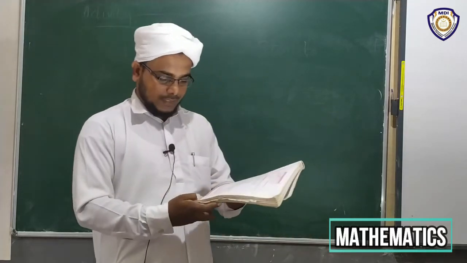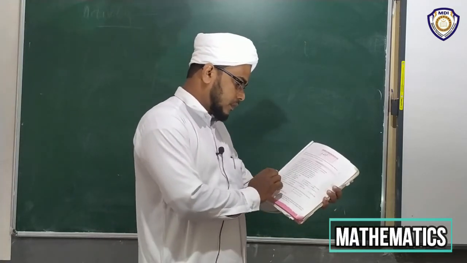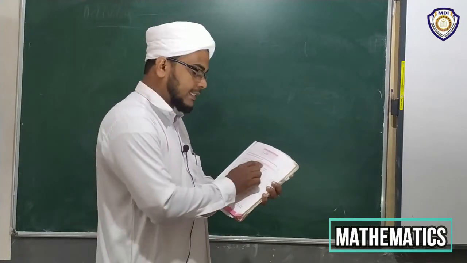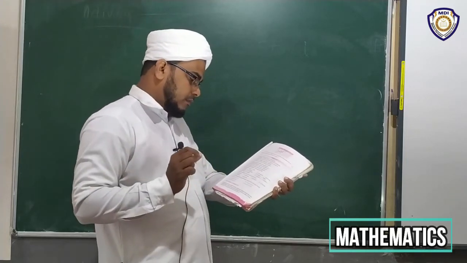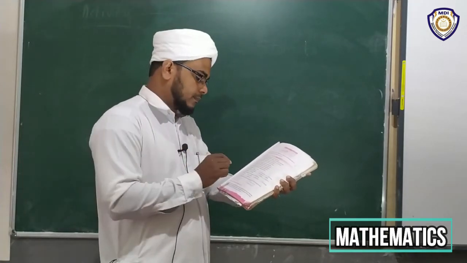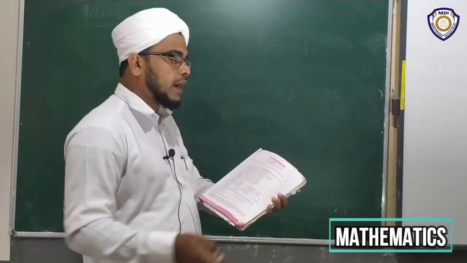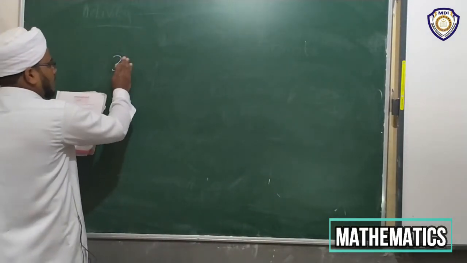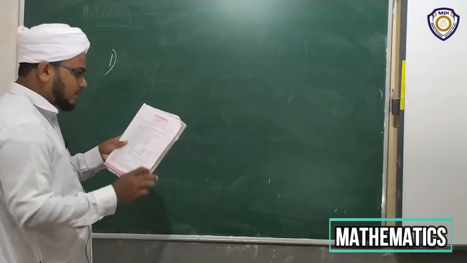Please take your textbook, page number 7. You can see exercise 1.2. There are 5 questions. You have to write down the answers of 3 questions: question number 3, 4, 5. Question number 3: fill in the blanks with